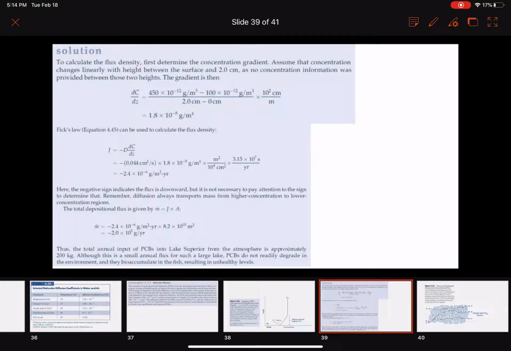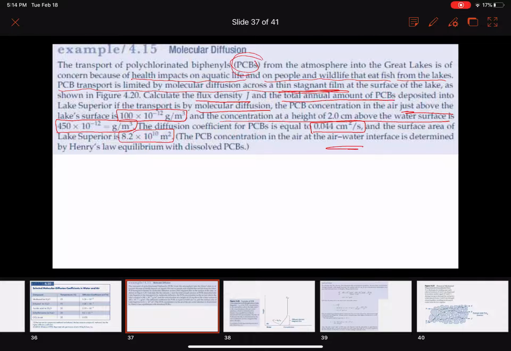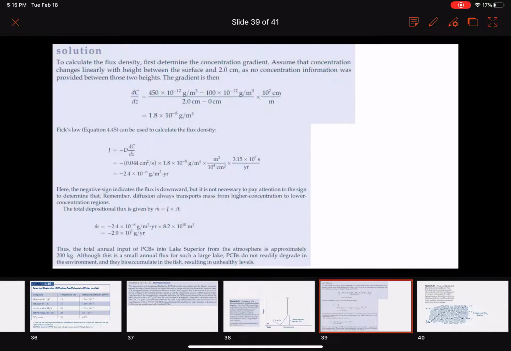Okay, let's find out first of all the change of concentration over time. Now, we have the concentration just above the lake surface, 100 × 10^-12. The concentration 2 centimeters above the water surface is 450 × 10^-12. So this is dC, the change of concentration: 450 minus 100, divided by, remember,